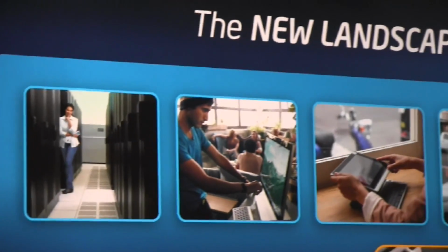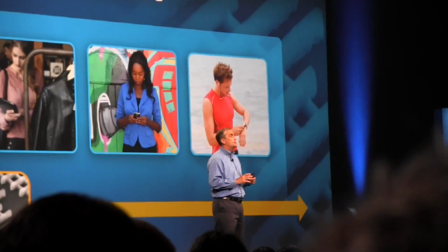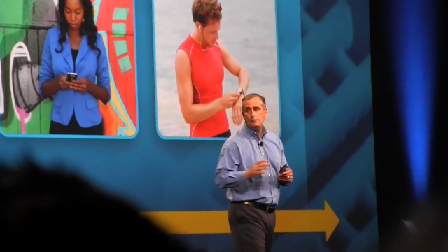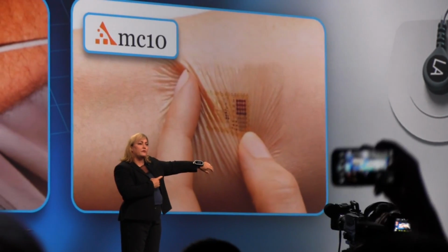So what does this mean for the future? The landscape of computing has never been bigger. I've tried to show you each segment as we walk through. I've tried to show you some real innovation that's going on. We've introduced several new products. We've talked about Bay Trail and its ability to get us into lower priced entry points and really innovative 2-in-1 designs. We talked about 14 nanometer Broadwell, and actually showed you functioning